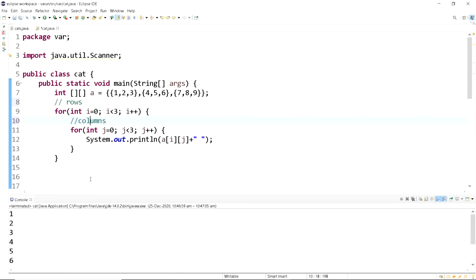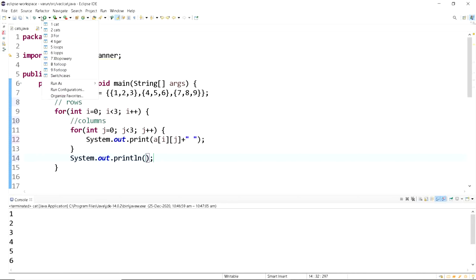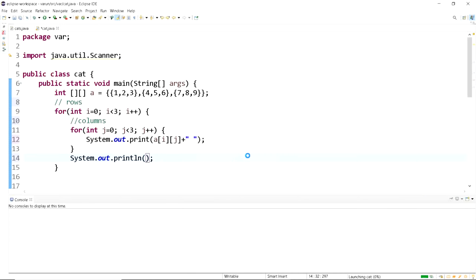If we have to print this in matrix form, we simply need to remove this ln here and place a new line. If we remove this ln, everything gets printed in a straight line, and after the inner loop runs once, it is going to print the next one on a new line this way. See, 1, 2, 3 is one loop. After that, it's going to print a new line, 4, 5, 6, then 7, 8, 9. So this is how we can print all the elements using a for loop.